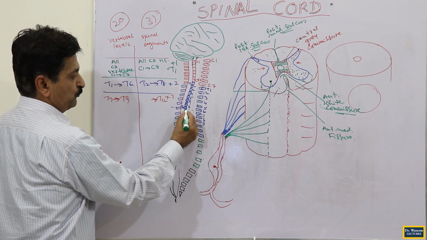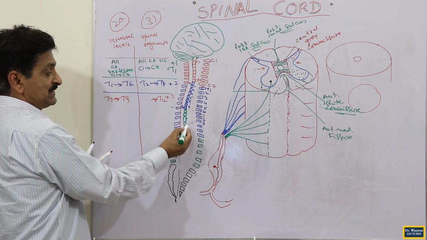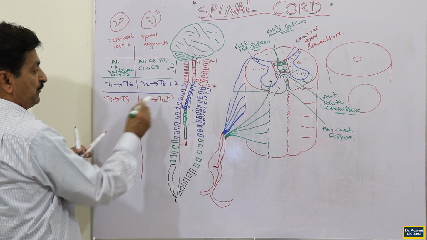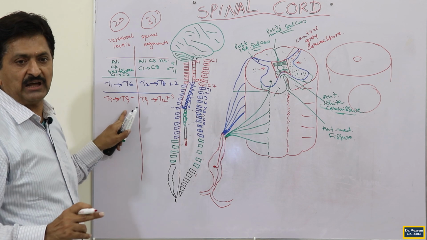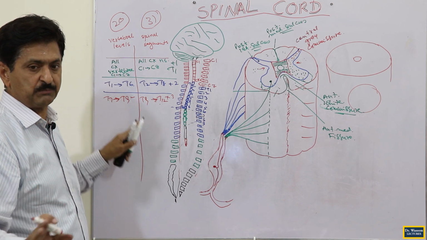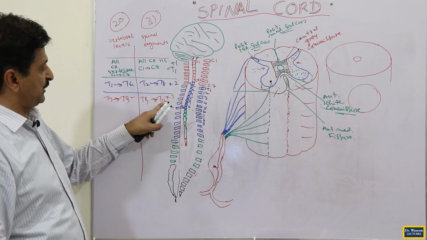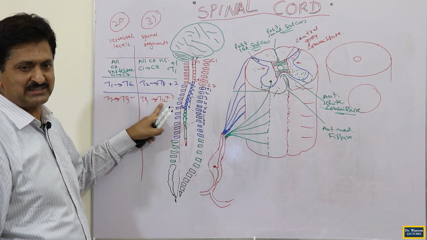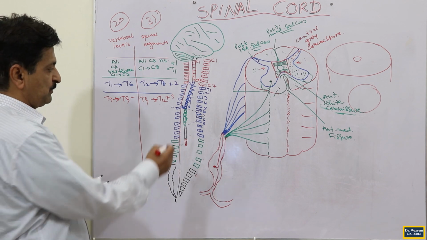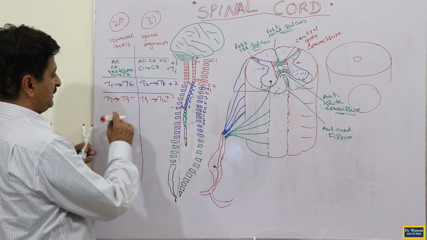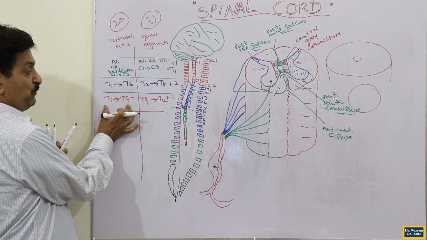How many more above? 4 more. 8 we have already done, so it is 9, 10, 11 and 12. All 12 thoracic segments have finished, but we are still at the 9th thoracic vertebra. That means 3 thoracic vertebrae are still spared to accommodate other segments. We have already finished 12 thoracic segments, but only the 9th thoracic vertebra has come. When you discuss this area, you will see how many more thoracic vertebrae are remaining.